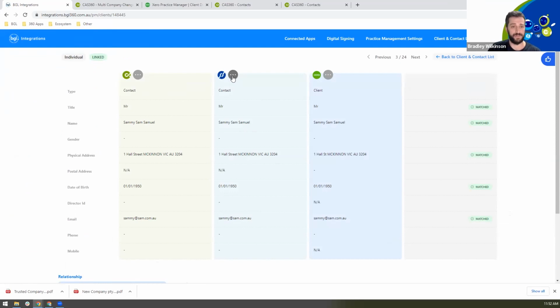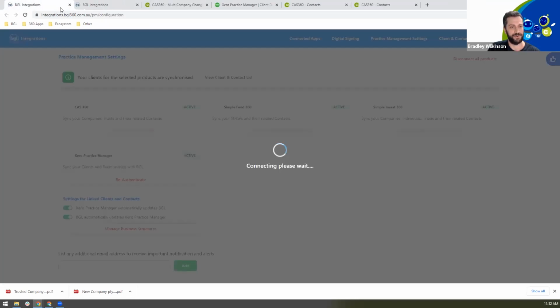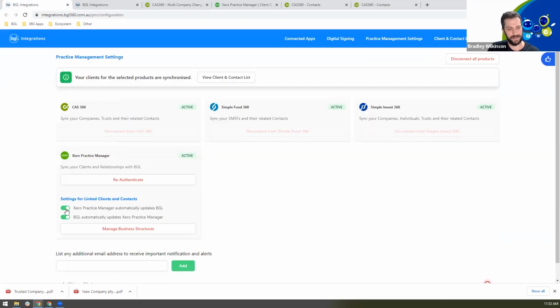If you've got both those toggles turned on, I'll just go back to the toggles because it's probably worth mentioning now, because I mentioned it early on, but it might make more sense now. So these toggles here, I have them both turned on. The example I just did with Joe Harry Blogs, where I made a change in Xero, would push through automatically because that toggle is on. It would push through automatically to BGL. I manually refreshed it just for the sake of time, but it would push through within 2 hours to BGL,